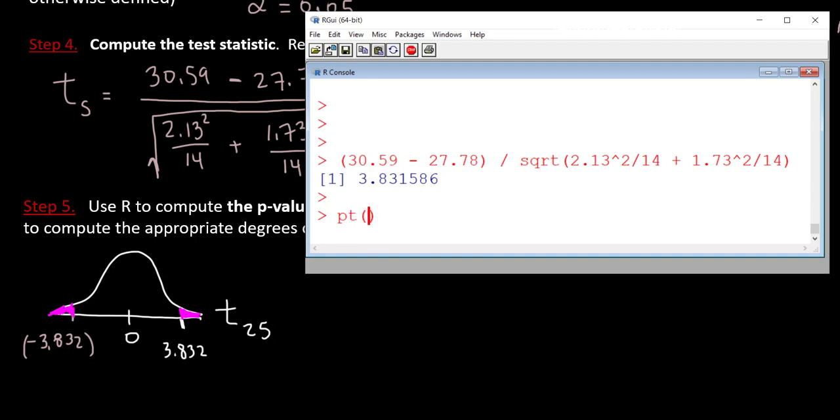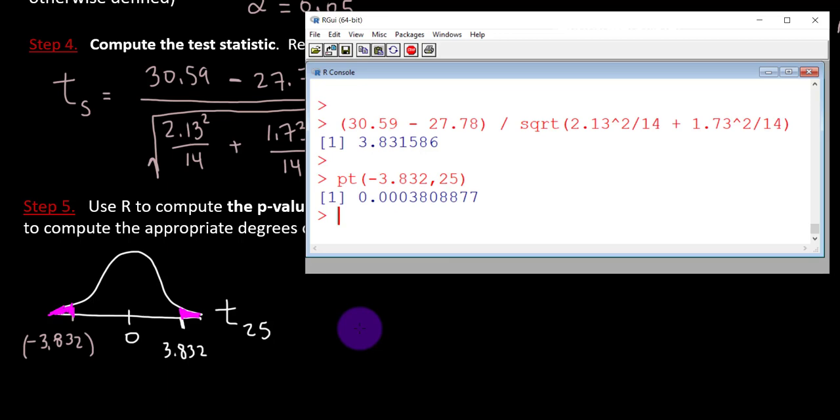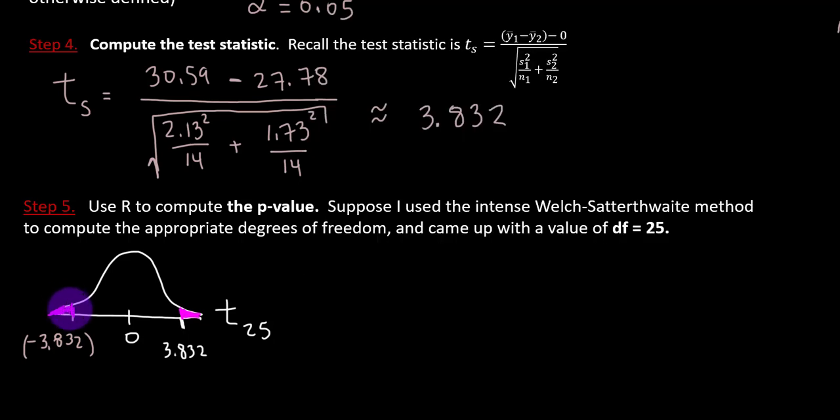Remember that each of these pink regions is the same. We want both of them. It is often easier to find the one on the left. So I'm going to type negative 3.832, comma, the degrees of freedom, 25. Wow, that's a small number, right? I've not illustrated this very well. This area in the left tail is approximately